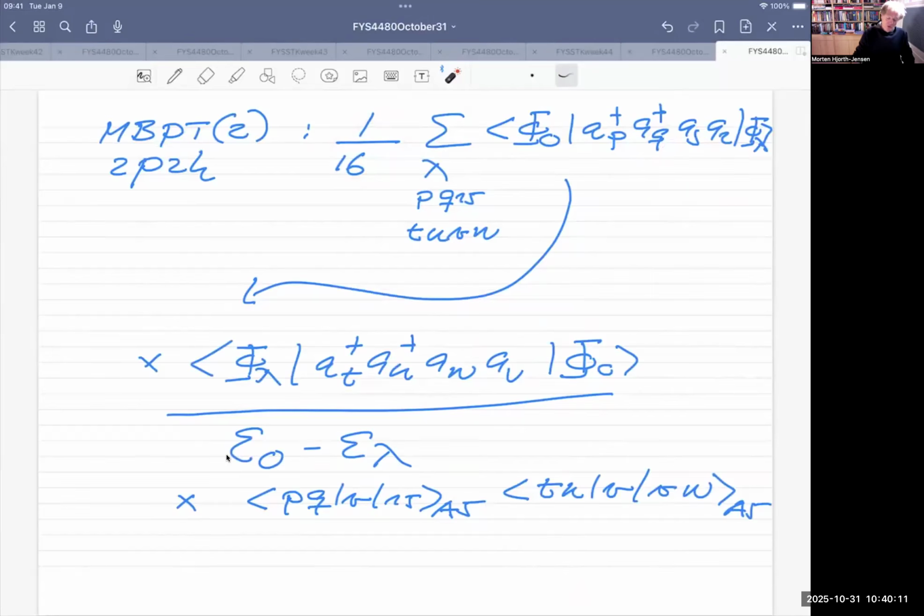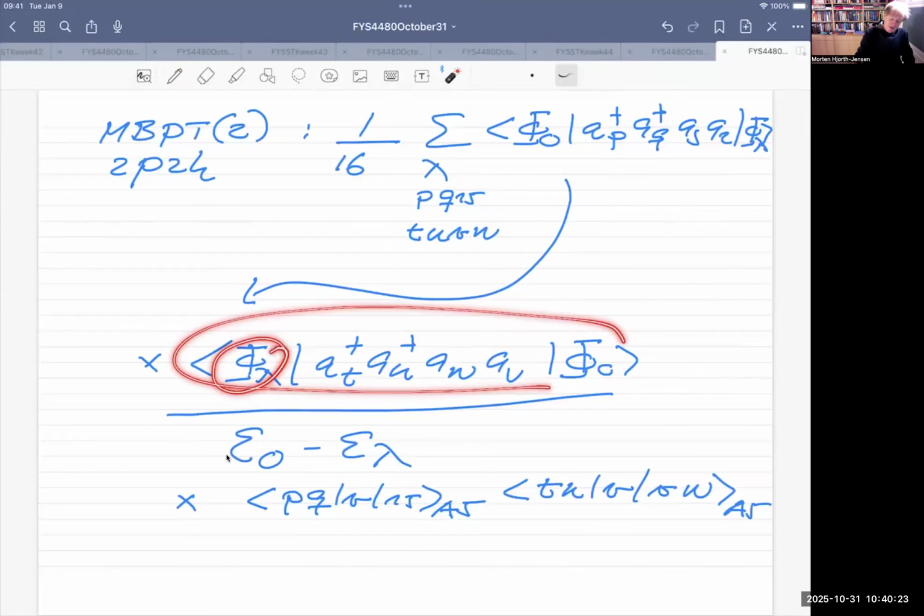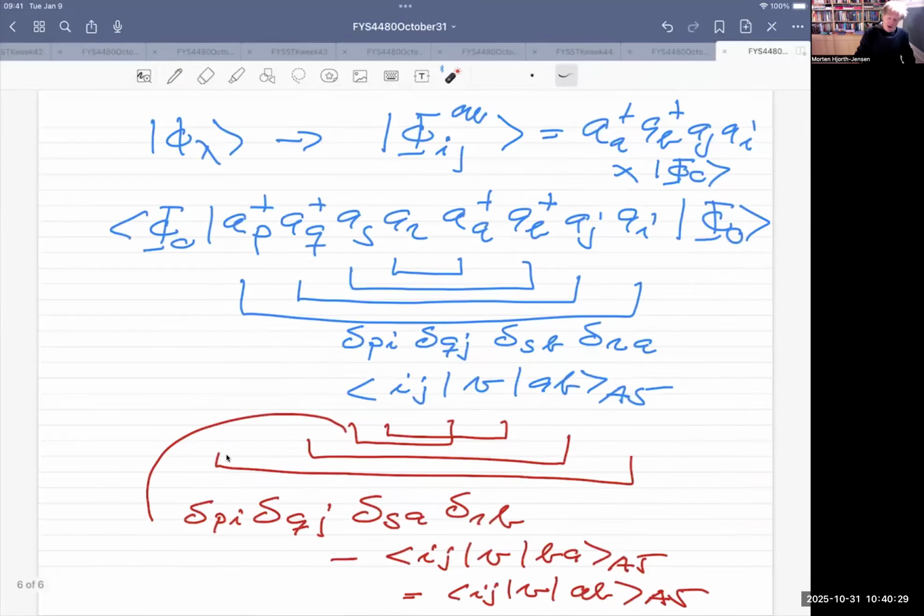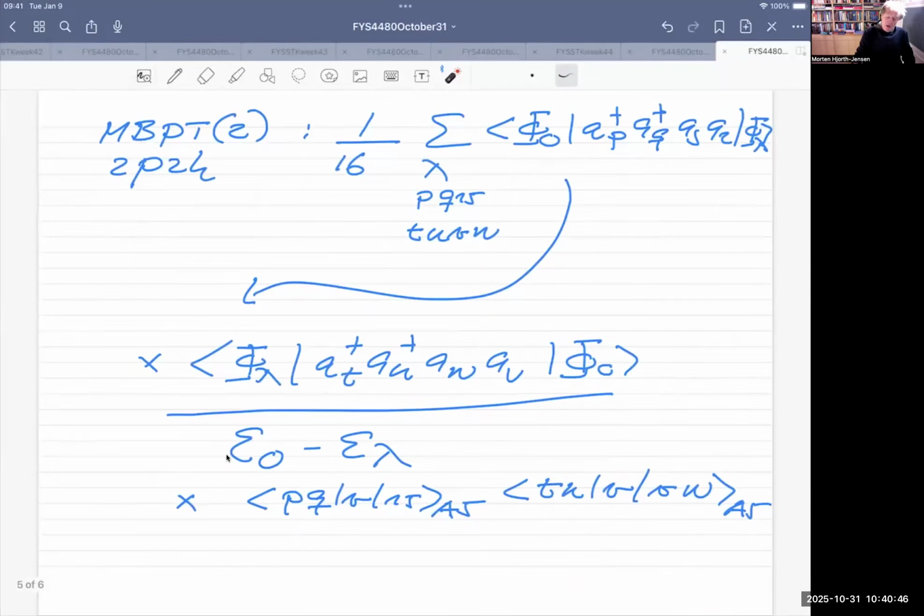Now, however, if you look at this term here, that will give similar contributions. So keep in mind that when you look at this specific term, the state which you have here is exactly the same as you have here. So when we are performing the contractions, when we got that P had to be equal to I, Q to J, etc., we are now going to get that T has to be equal to I, V to J, etc. So that means that the